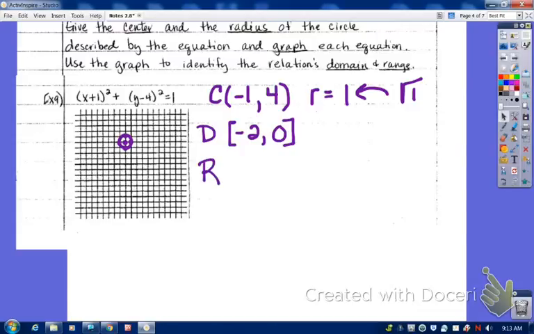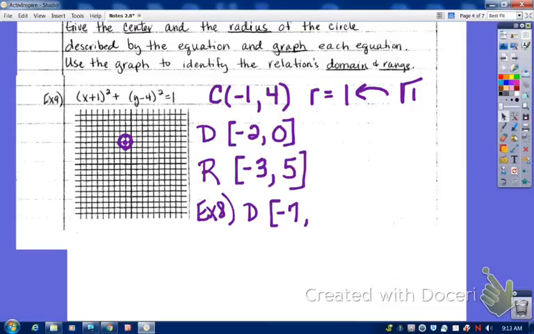And I do have a range on my points of my circles. What's the lowest y value? 3. So bracket 3 all the way to the highest y value of 5. I've already erased my graph for 8, but I know that you already have 8 there, so let's do domain and range for 8 real quick. What's the domain for the graph of number 8? -7 to +7, and the range